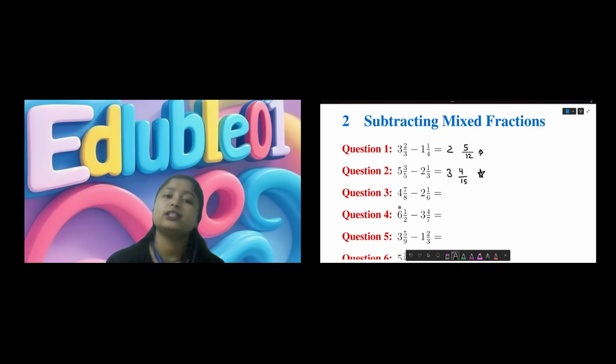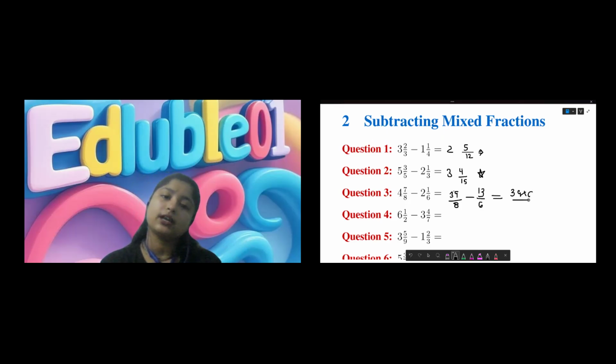Okay, so let's first convert them. 4 times 8 is 32. 32 plus 7 is going to be 39, right? 39 over 8. And this is going to be 12 plus 1, 13, so 13 over 6. Now you just need to make the denominator the same. To do that, you need to do 39 times 6